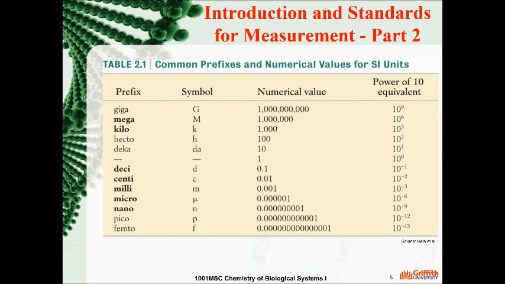For some measurements, the number might be too big or too small, so we have prefixes to help with that. For example, the kilo prefix means 1000, so when we say 1 kilogram, we mean 1000 grams. Milli means 0.001 of the unit, so when we say 1 milligram, we mean